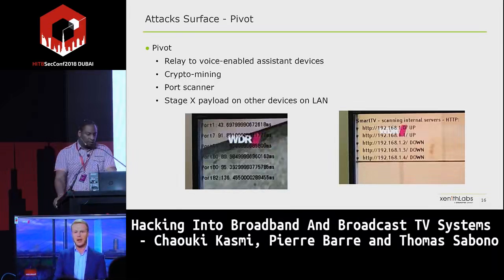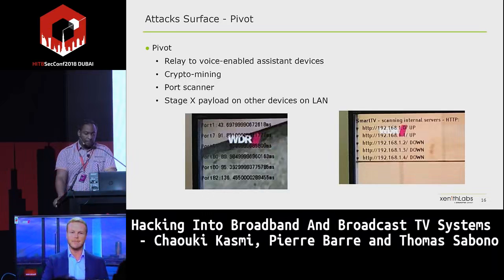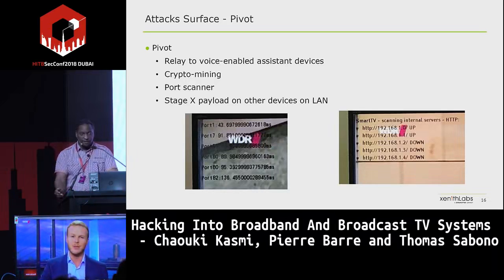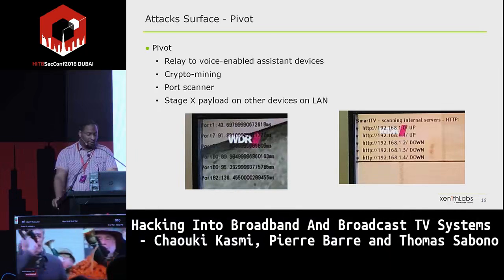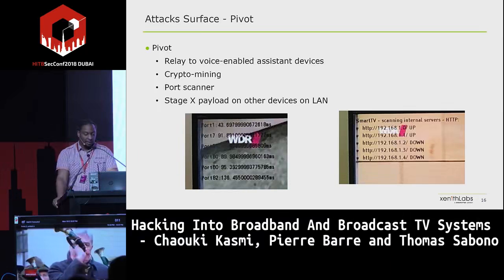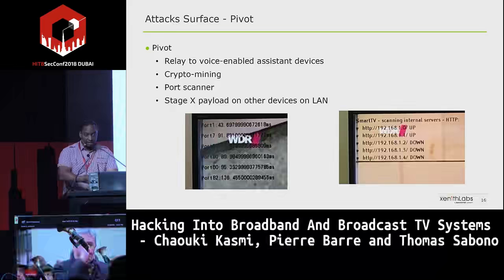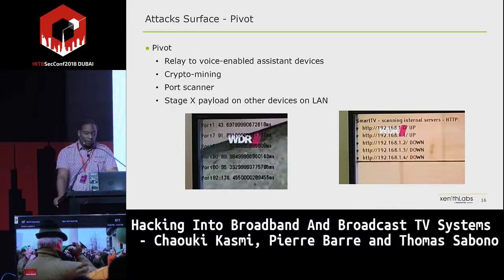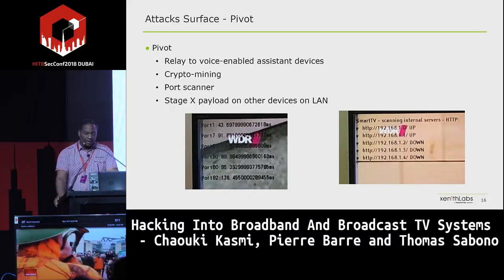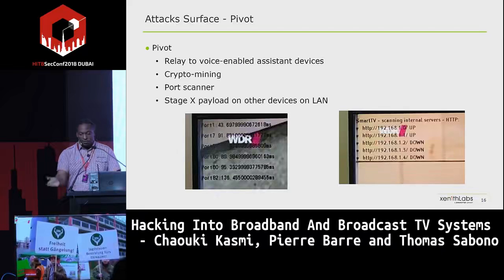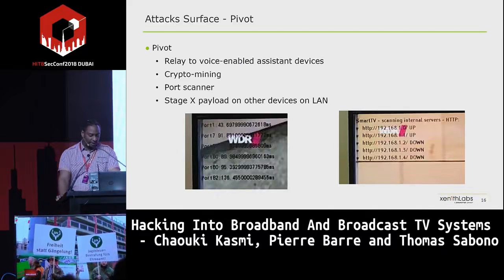And there are other things we can do with that, like for example, using all the voice-enabled assistant devices from the TV. Or imagine you want to do some red team exercise, and you target the Wi-Fi by trying to perform a man in the middle on the 802.1X protocol. But in fact, you can just target the smart TV and use it to perform a scan into the network and to send payloads. You can do that without any authentication or user interaction. It will work for sure, just by using a USRP and targeting the smart TV.